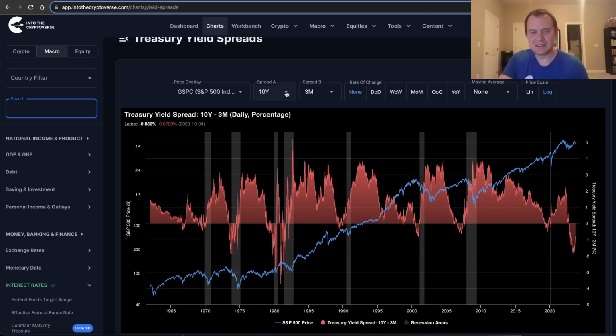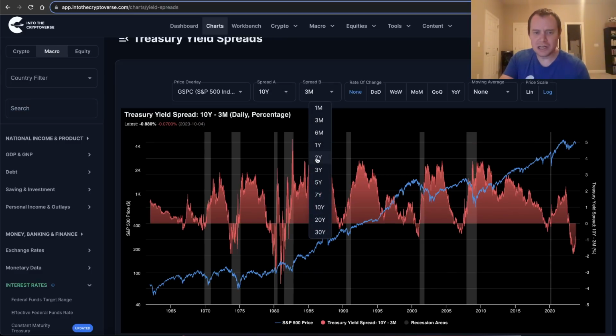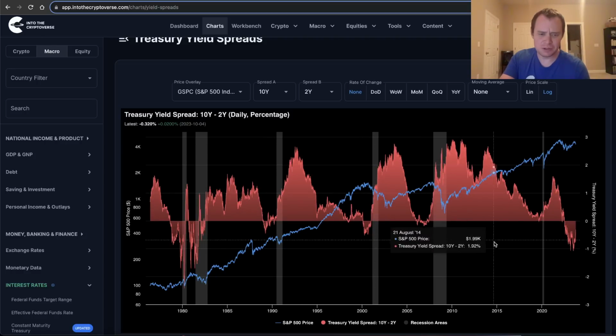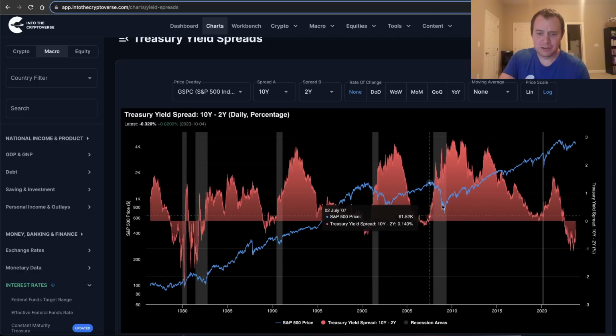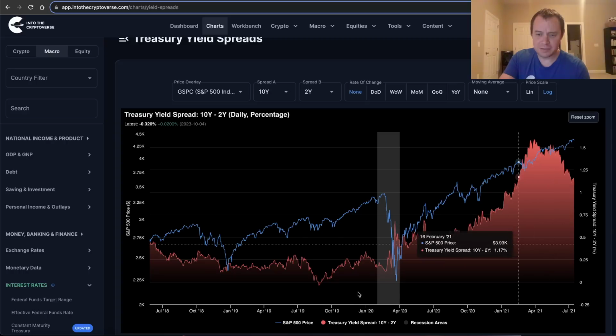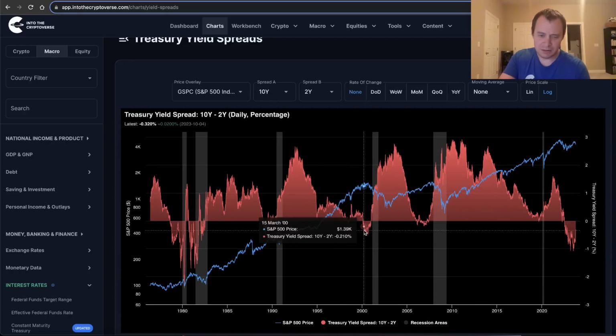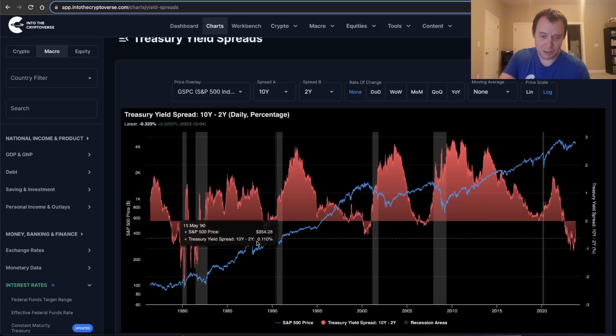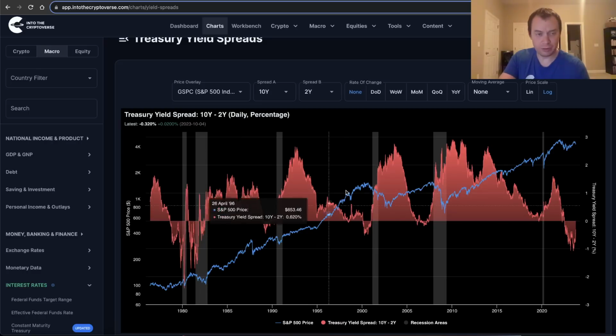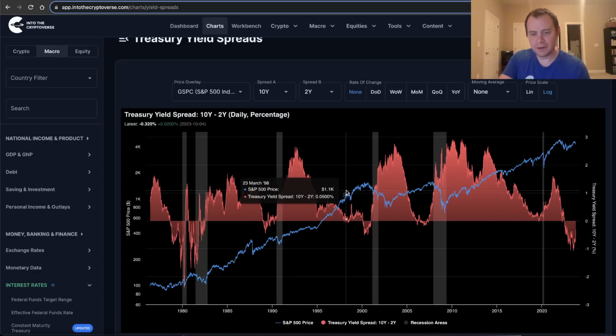It's a pretty long process. If you were to look at the spread on the 2-year and the 10-year, you'll see a very similar story, right? Inversion, recession. This was a very, very small inversion here, but inversion nonetheless, right? Inversion, recession, inversion before the dot-com recession, and so on and so forth. 1989, inversion, recession. 1979, inversion, recession, and 1980, 1981, right? Inversion, recession.